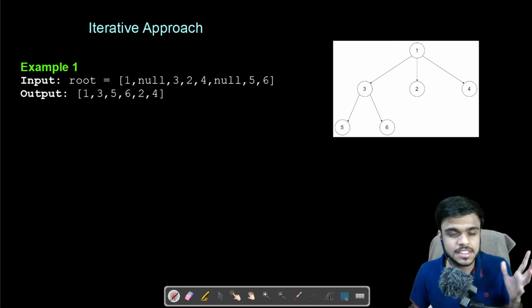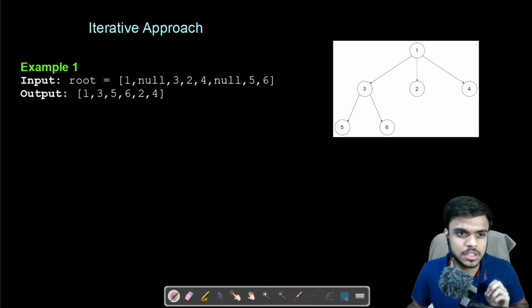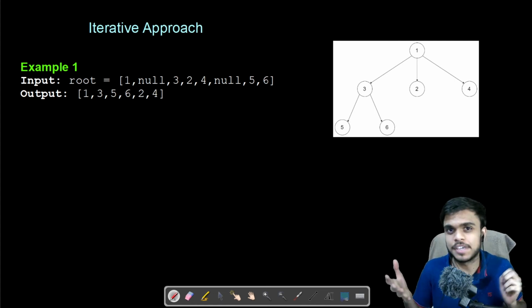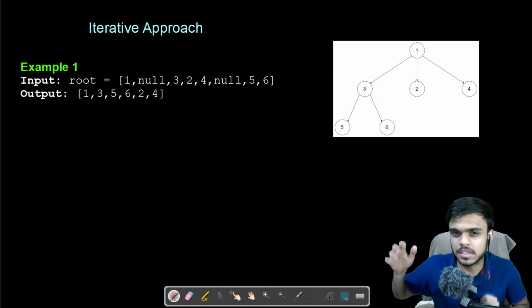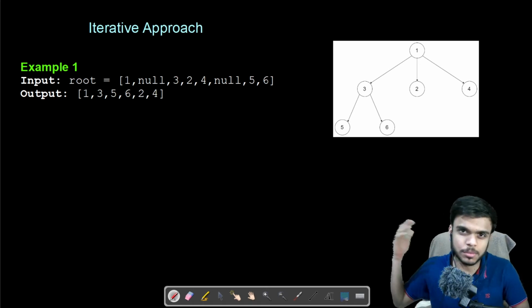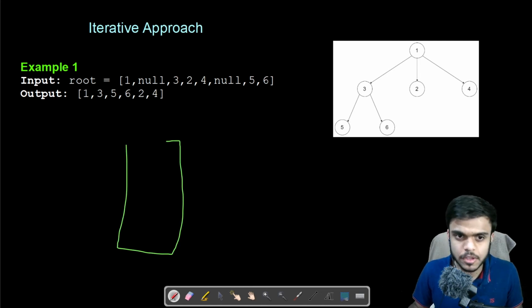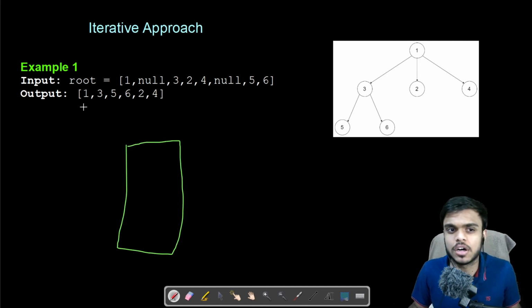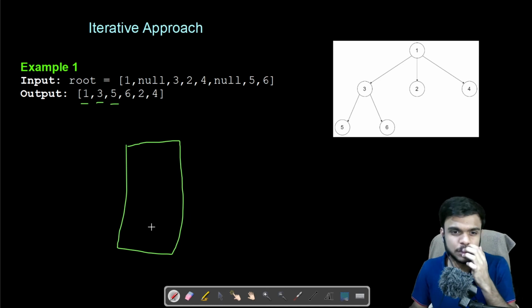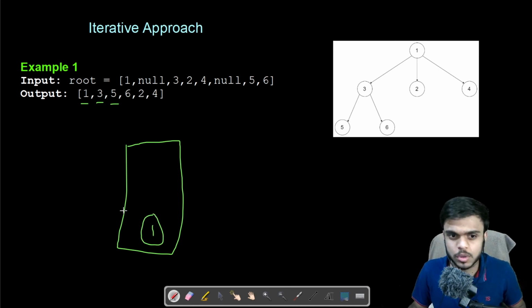In this case, we can go with a stack because we need to push the elements and pop them, doing the operations from just one end. While using a stack, we need the pre-order traversal. So the first element is 1, the root node, and we push it.